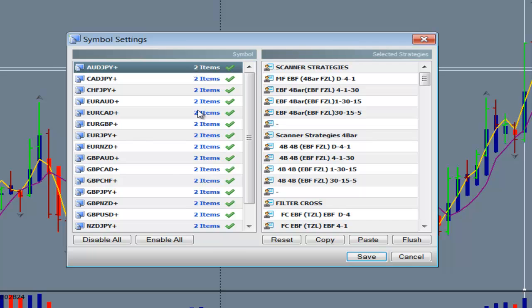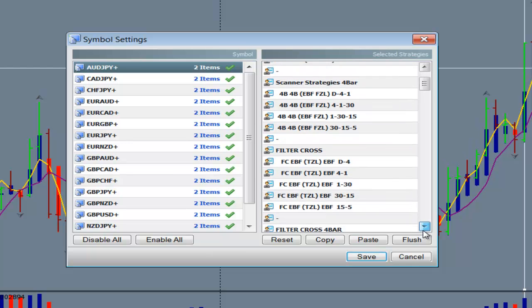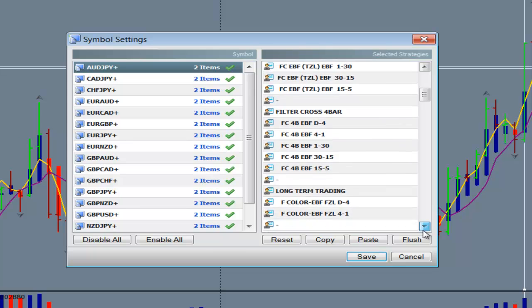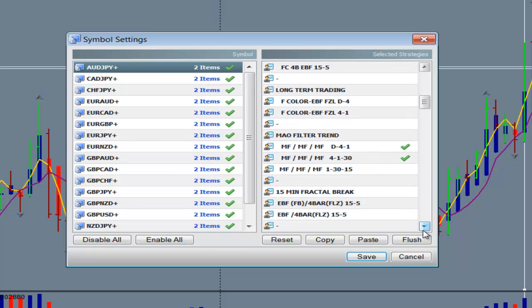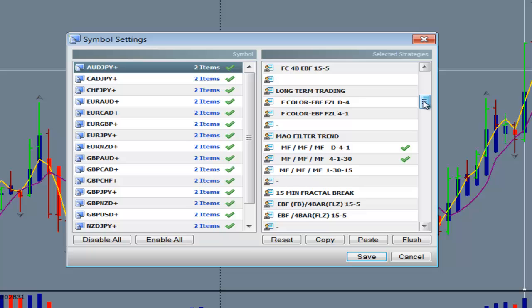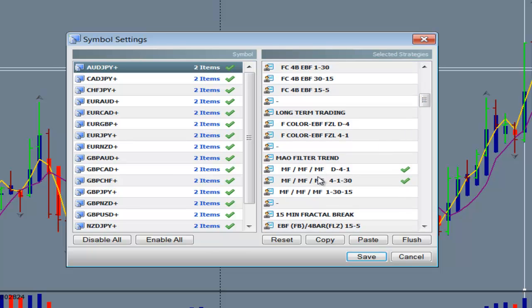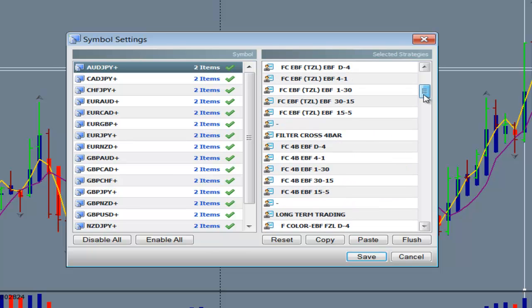Here are the strategies that I have, and here are the different strategies that I can choose from. Okay, right here I have these two checked. That is becoming my favorite. And I would recommend if you get the scanner to look at this one first, because it's easy to understand. The others are great also, and sometimes they'll bring a scan that this one will not bring to you. For example,